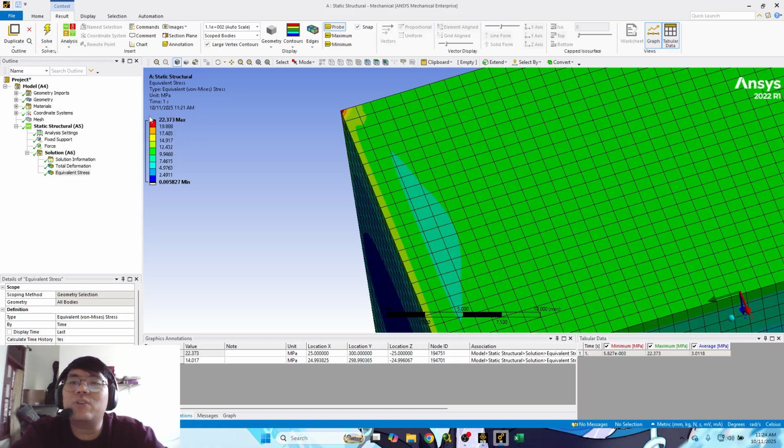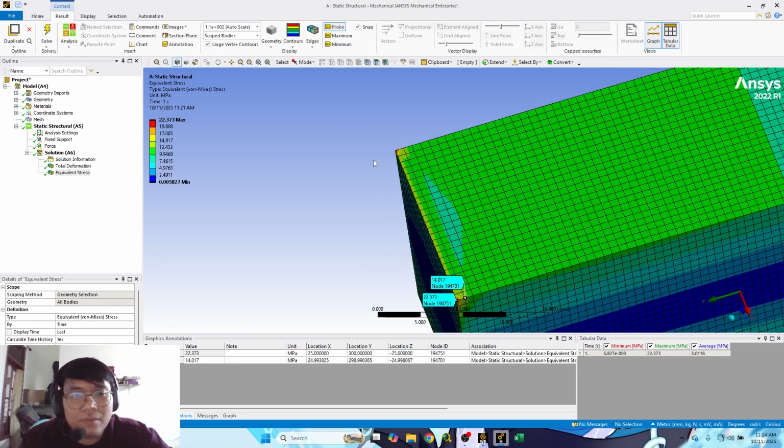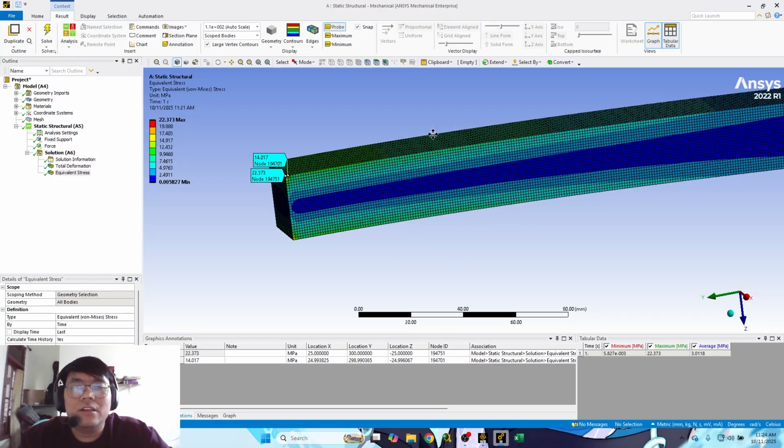It will keep increasing as you reduce the meshing size. That is what is called the stress singularity.